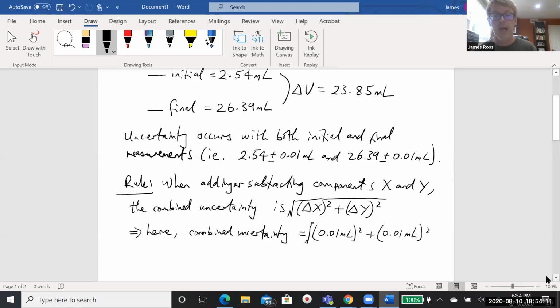Then we have to square root that, and that would give us approximately, to the degrees of accuracy I'm allowed to give,